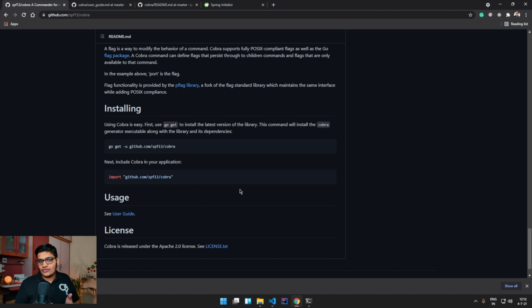So if we take the example of git, git is a root command, and if you see clone, you do git clone and the URL you pass over here. So git is a root command, clone is the subcommand, and the URL that you pass is the argument. And there are different flags also available, like git --version, and in our application that I showed you, like usado --h for help, that we also added. So those are the flags available, so we can add the flags as well.